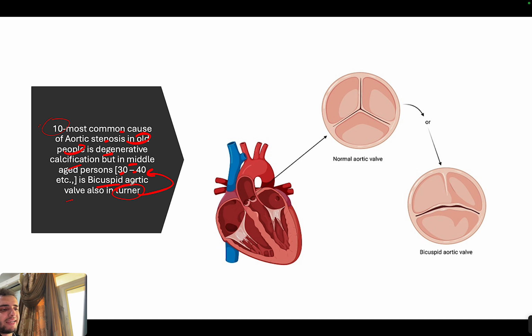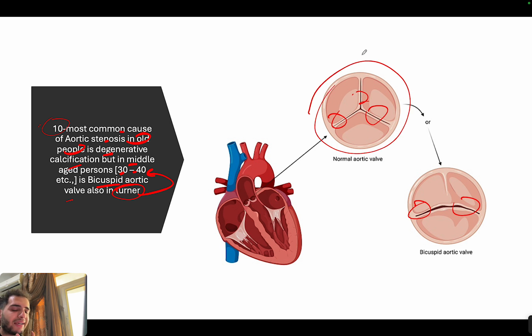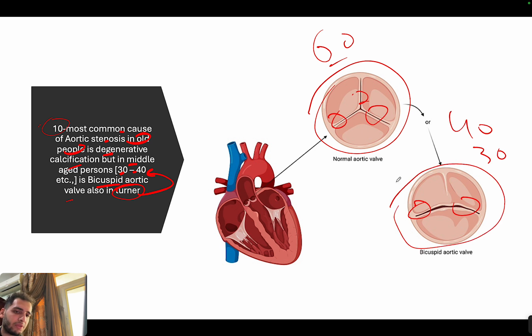Now a person that has a bicuspid aortic valve, meaning instead of the 3 cusps, he has only 2, will get this aortic stenosis much earlier than the normal population. Why? Because if the time needed to calcify 3 valves is 60 years, for example, then the time needed to calcify only 2 valves would be 40, or 30. Does that make sense? So whenever you see aortic stenosis, a crescendo-decrescendo systolic murmur at the left intercostal space,